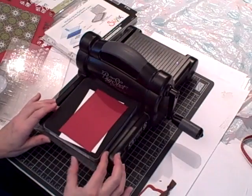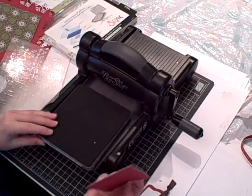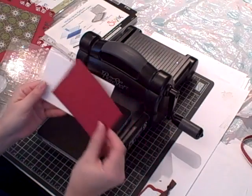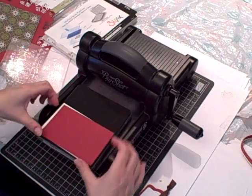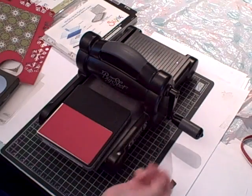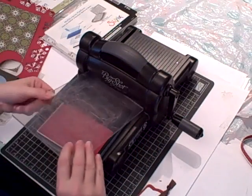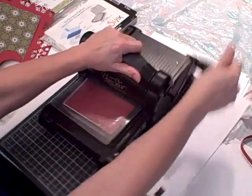All right, I'm back, and so the first thing we want to do is to cut out the tags using the 2 tags die. You're going to layer your Cherry Cobbler and your Whisper White on top of each other. Lay it over the larger of the 2 tags. You've got your bottom standard cutting pad, your die, your cardstock, and your top standard cutting pad. That's your sandwich,